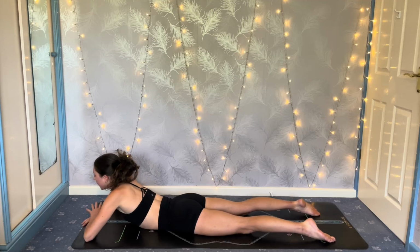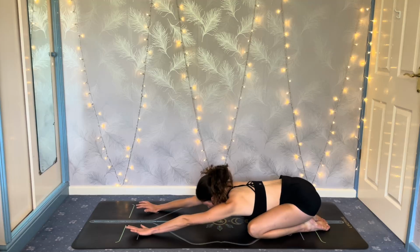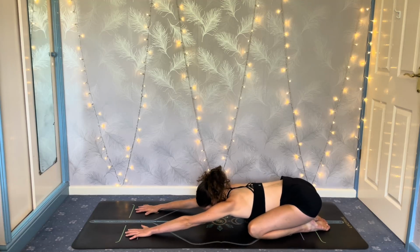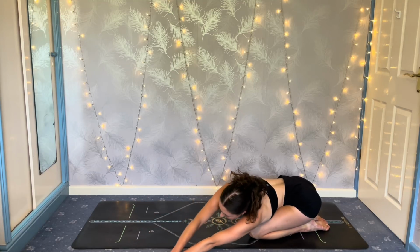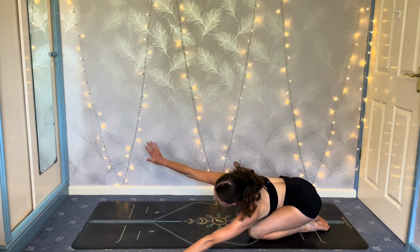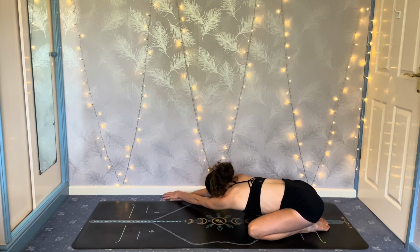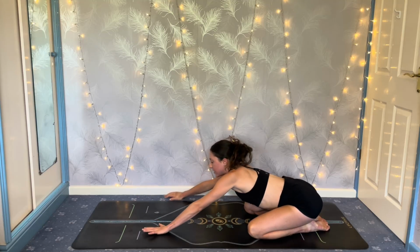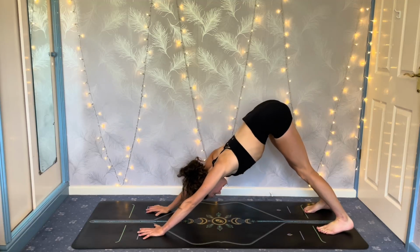Lift the head away from the hands, push it back into your child's pose, resting here, just one full breath. Walk the hands over to the left, step right hand on top. Bring it through center and over to the other side. Bring it through center, wave it into your tabletop, then tuck under the toes, lift the knees, push it back,